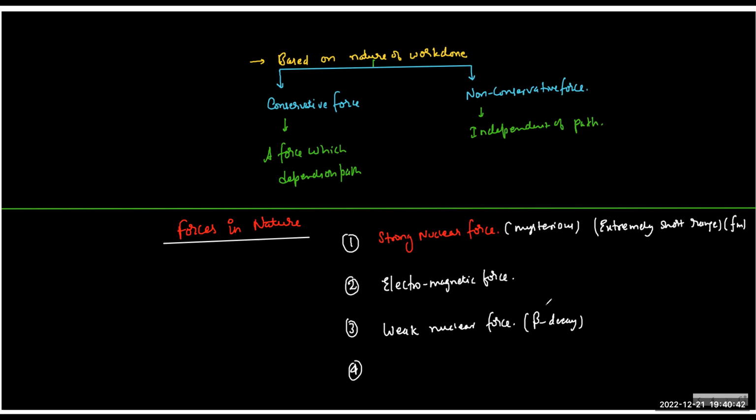So the weak nuclear force is acting between subatomic particles like neutrons and protons. These neutrons also decay. A neutron may become a proton, a proton may become a neutron. Within the nucleus, they keep on converting from one form to another, and they exist in their own form for some time before the decay. So whatever force is responsible for keeping you in one form is called the weak nuclear force. Okay, so that is a basic idea you should know about.